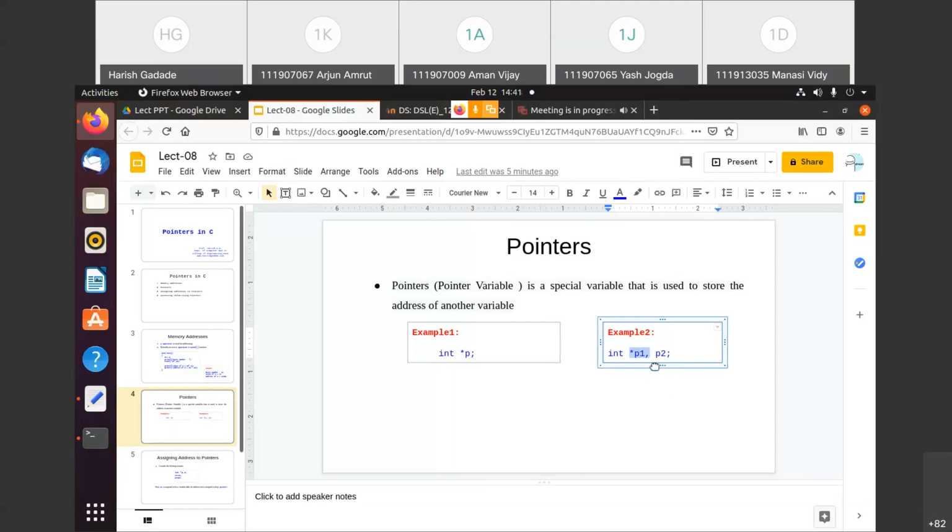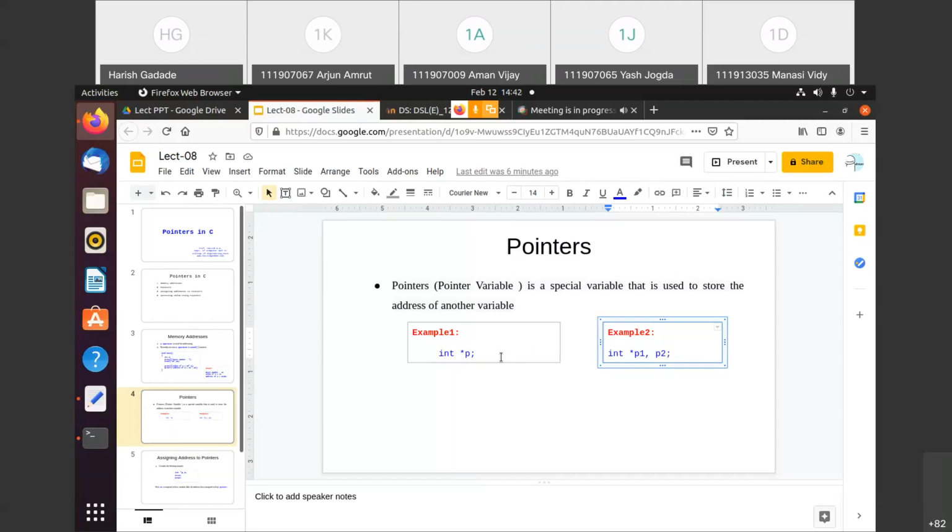Getting this? So star p1, in this case star p, means a pointer variable. That pointer variable is used to store the address of any other variable.